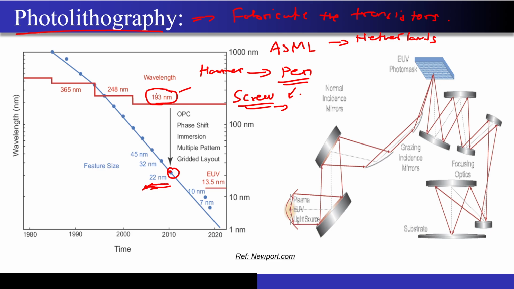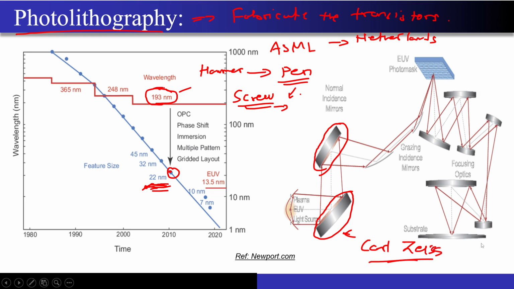Correct? So what was the reason why we were able to fabricate the transistors having a 22 nanometer dimension with a light having a wavelength of 193 nanometer? The credit goes to these mirrors that are present in the lithography machine. These mirrors, as I already explained in the first PPT, that is the first lecture of our series, are made by a company called Carl Zeiss. Correct? So they make your light so much focused that you can precisely hit where you want to focus your light in a very precise manner.